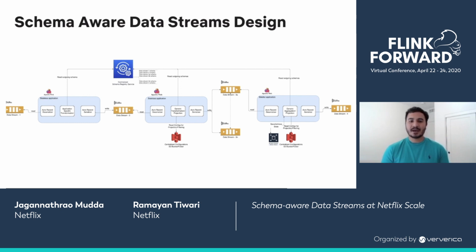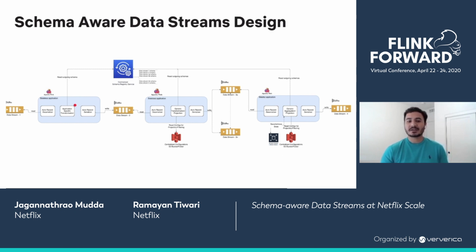Keeping the noted requirements in mind, we came up with this design. The design in this slide represents a concrete example of various data streams, streaming applications, schema registry, and their interaction with one another. In this case, we have three streaming applications represented by light blue shaded boxes. Each of these applications has the ability to serialize and deserialize Avro records based on the event schema by using our Java library. Each of these applications is constantly listening to events from schema registry to discover new schema or update an existing one. Schema is also cached locally in the Flink application to optimize this interaction.